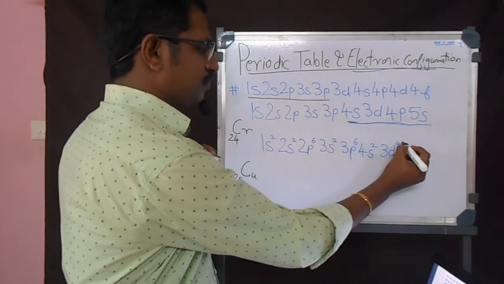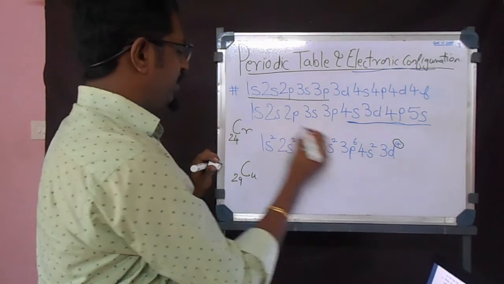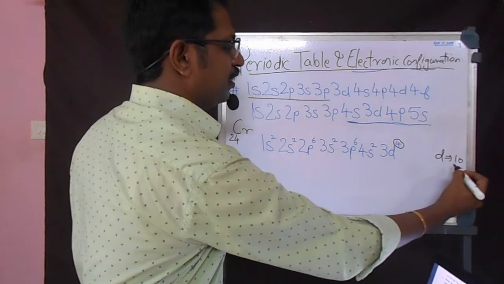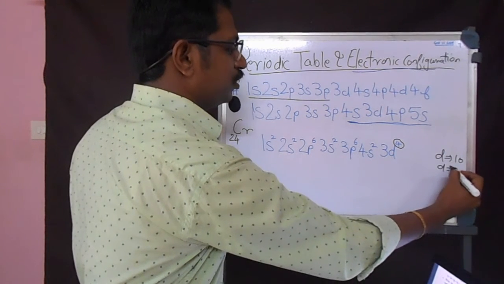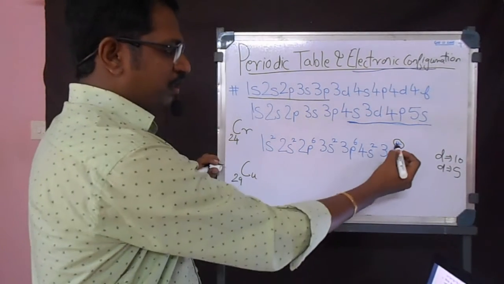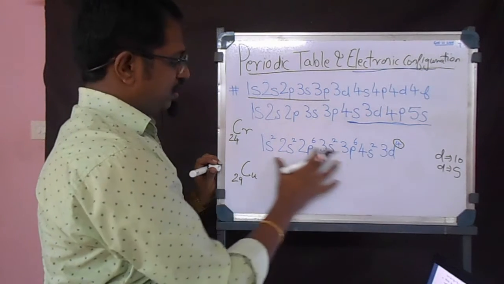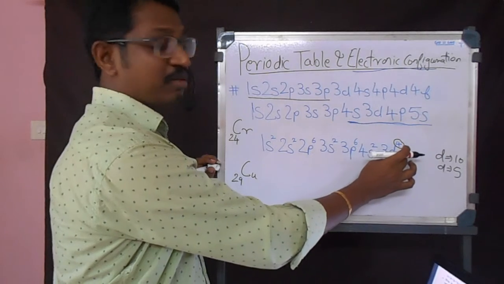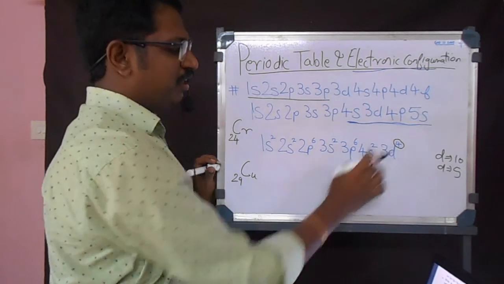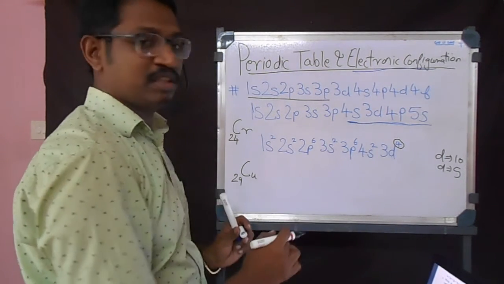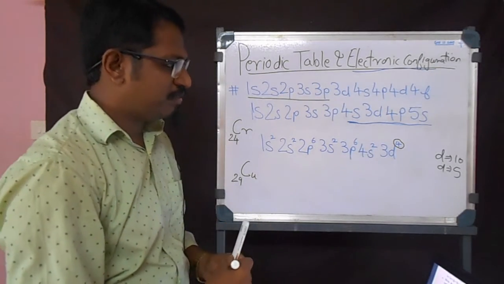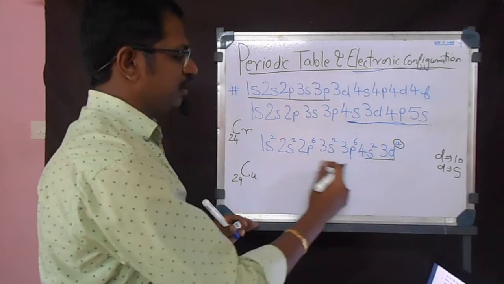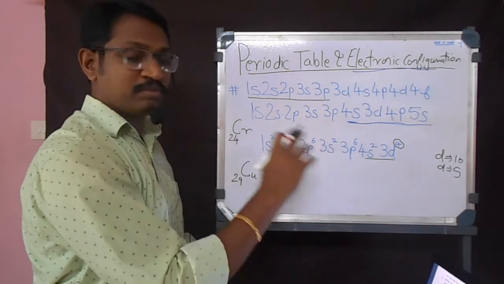the case is, if at all d was to be full, then it should have 10. If d was to be half, then it should be 5. So here if it is 5, it will be stable. If at least half the electrons are filled up in the 3d subshell, it would have been more stable than this configuration. So this configuration will change a little. It will change automatically so that the chromium becomes stable.